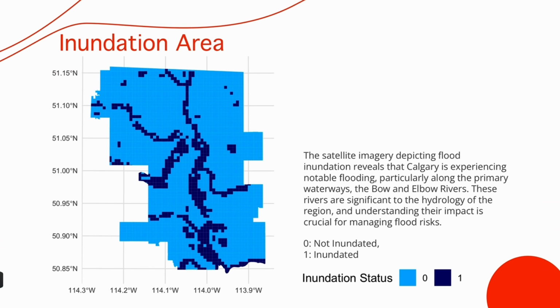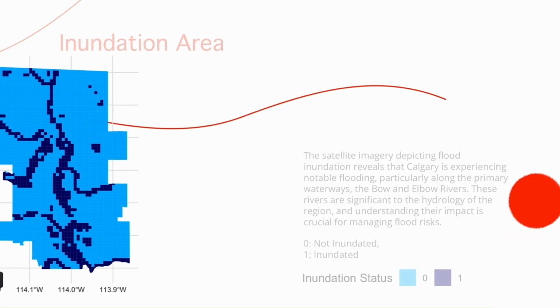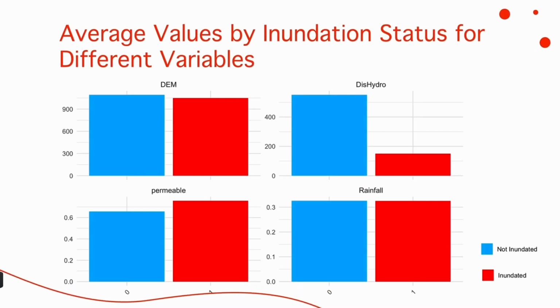blue for clarity. The subsequent analysis using bar plots allowed us to examine the relationship between environmental variables and flood impact. These insights showed that areas with higher permeability, proximity to water, and lower elevations are more susceptible to flooding